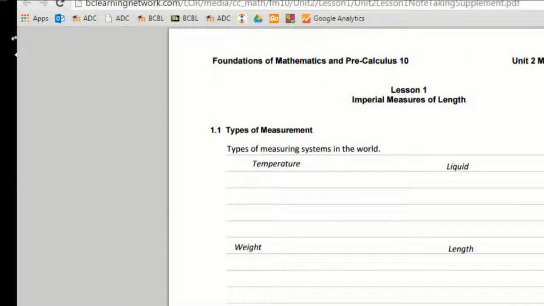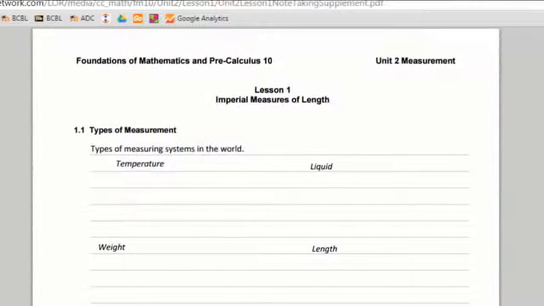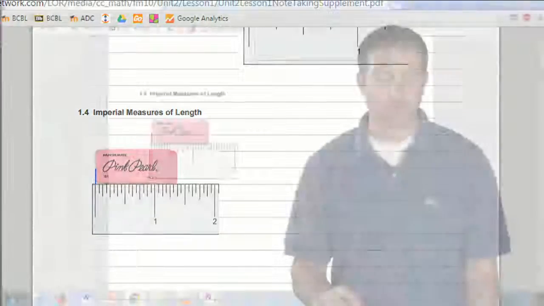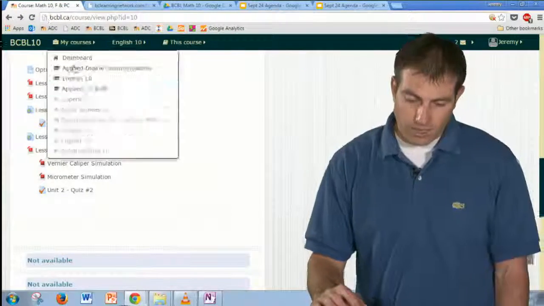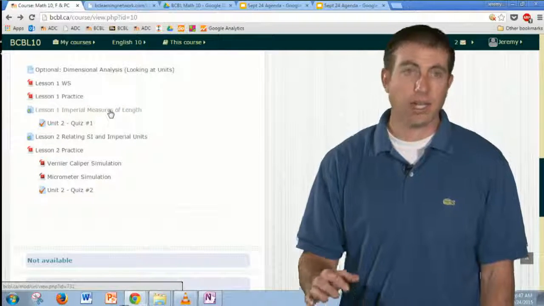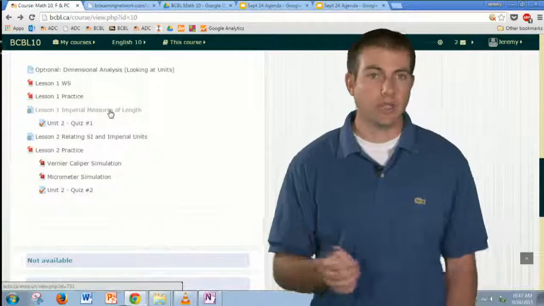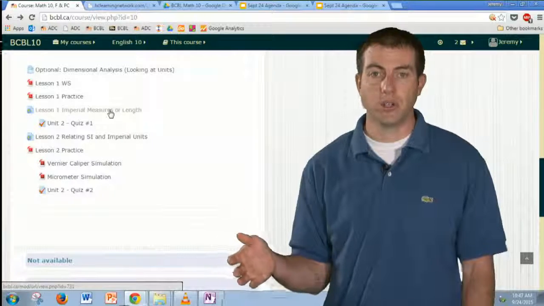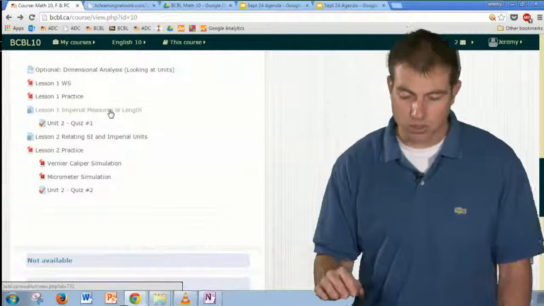And again, you don't have to use this. This is just in addition to what I'm doing with you guys. As the lesson goes through, the nice man will talk and tell you about all these things. And again, it's just some extra stuff. But this is what I'm going to do with you guys, so it's not entirely necessary for you to go through that, unless you want to go through this lesson twice. The extra stuff is there. Or if you miss class and the video's not up yet and you really want to get ahead, you can go through this stuff on your own. It's meant to be a go through it on your own layout, but I'd like to do some of the stuff with you.